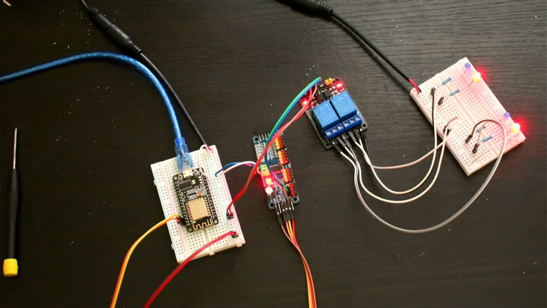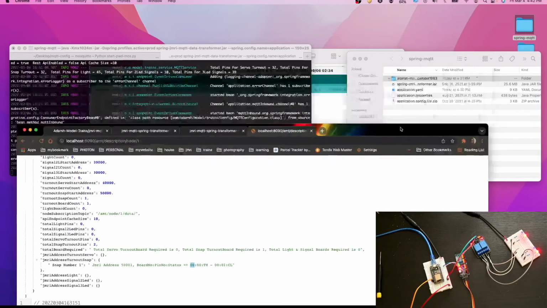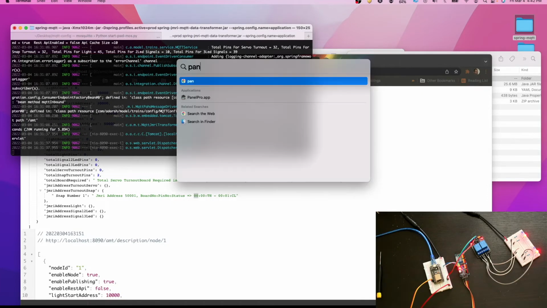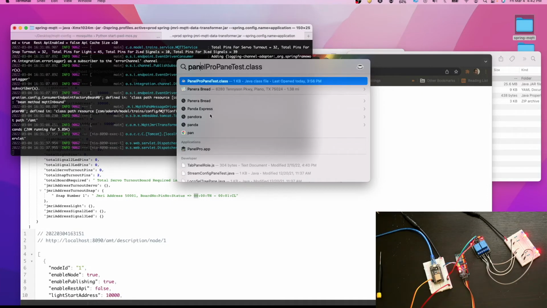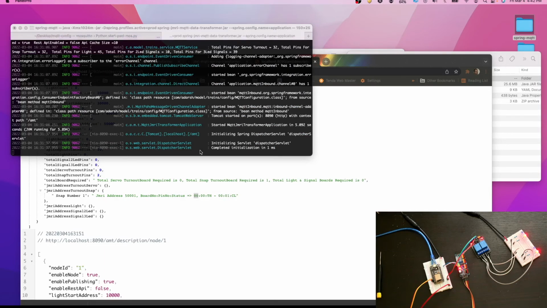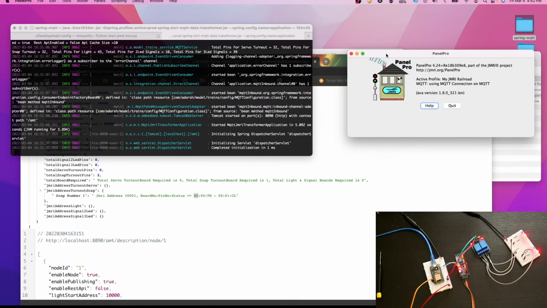What we will do is go to the desktop. Here we have already started everything. We'll start the Panel Pro. Panel Pro started.